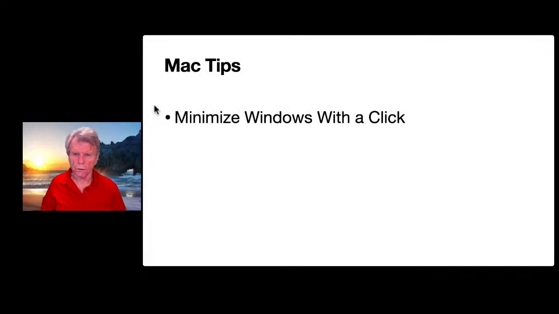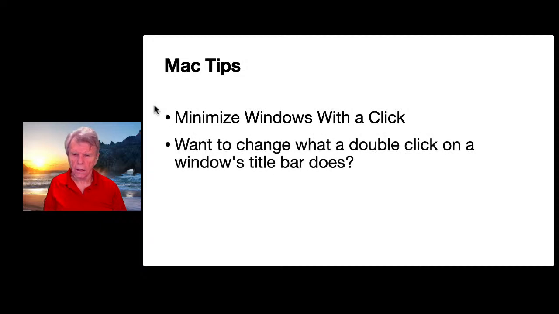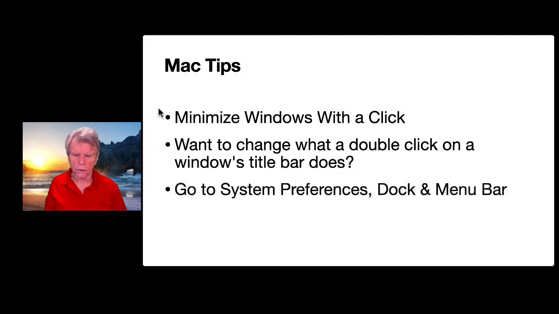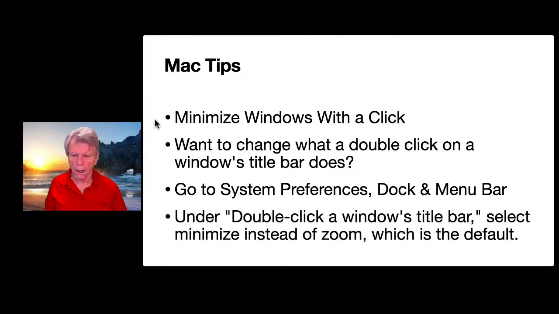So here's another little trick. To minimize windows with a click, in the title bar, which is at the top of any window, you can go to System Preferences, to Dock and Menu Bar, and under double click a window's title bar, you select Minimize instead of Zoom, which is the default. Zoom is the default. So if we go into our Finder,